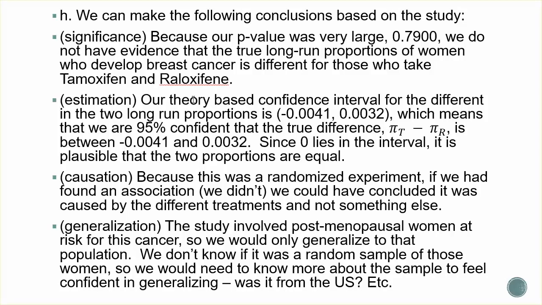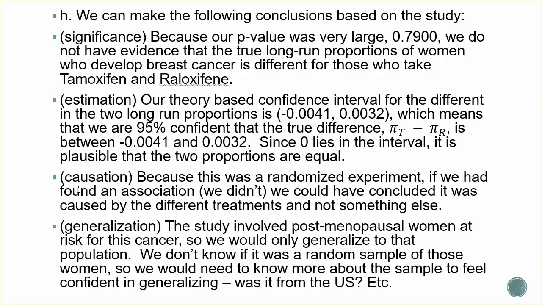We can do a confidence interval, so our theory-based confidence interval was that, which means that we're 95% confident that the true difference between the parameters pi t minus pi r is between negative 0.0041 and 0.0032. Since 0 lies in the interval, it's plausible that the two proportions are equal. They may very well be different. If they are different, it's probably somewhere in this interval, and you'll notice the interval's pretty close to 0. If they are different, it's only by a little tiny bit, right? So it's not a very big effect even if they were different,